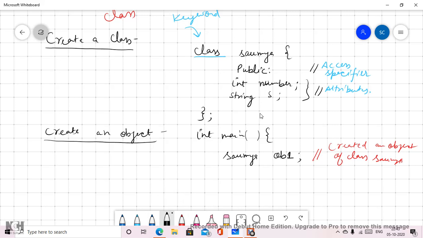Now once we have created the object, we can set the values of the attributes for the object. So what I will be writing here is ob1, which is my object name, and the dot operator, which we have earlier used with structure and union also. Then number. This is my first attribute, and if I write here, let's say 20,